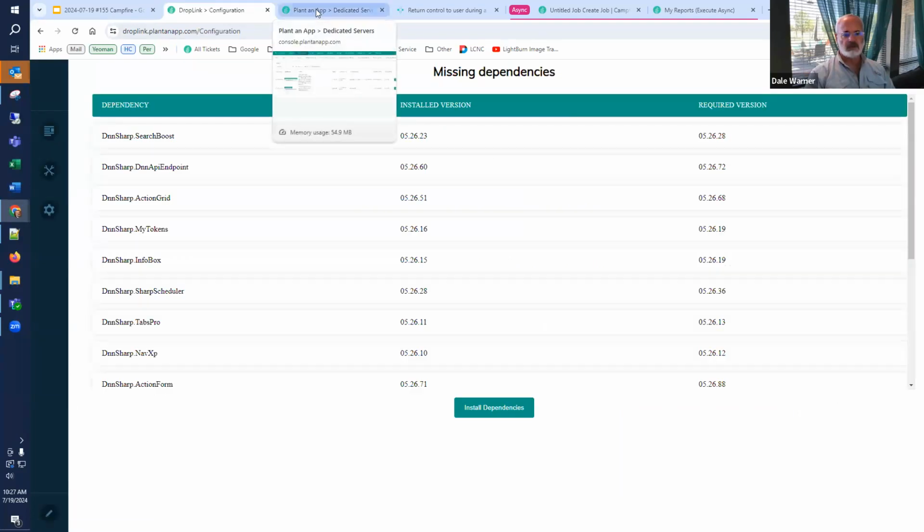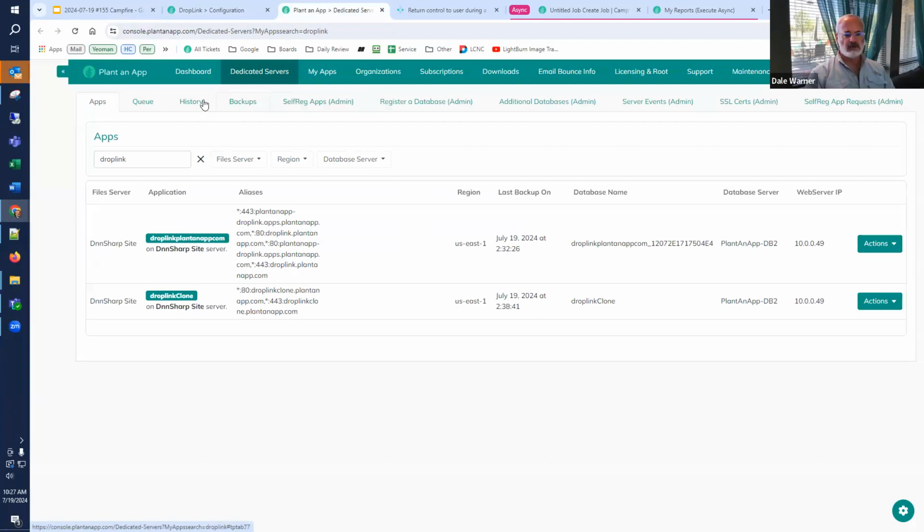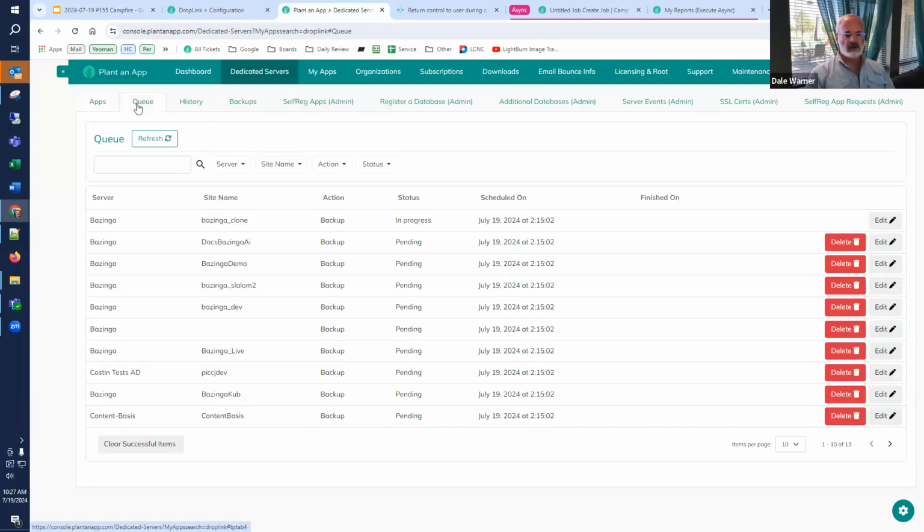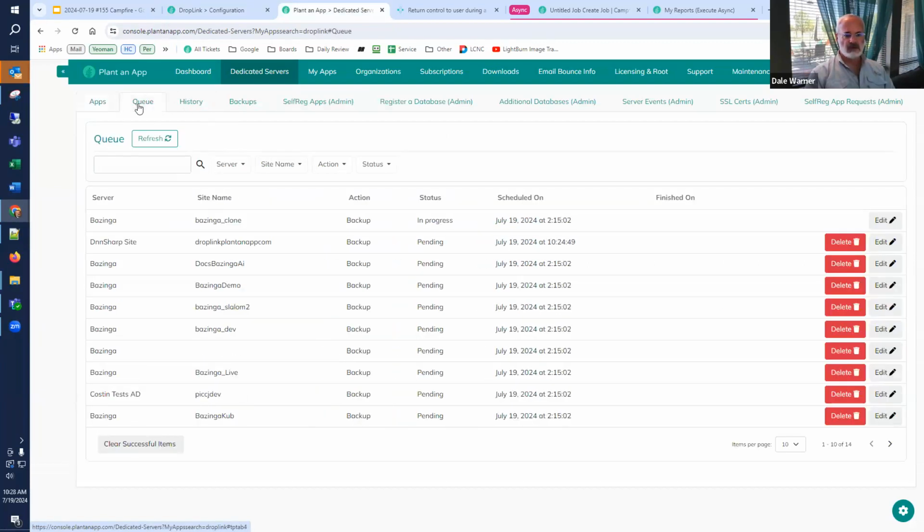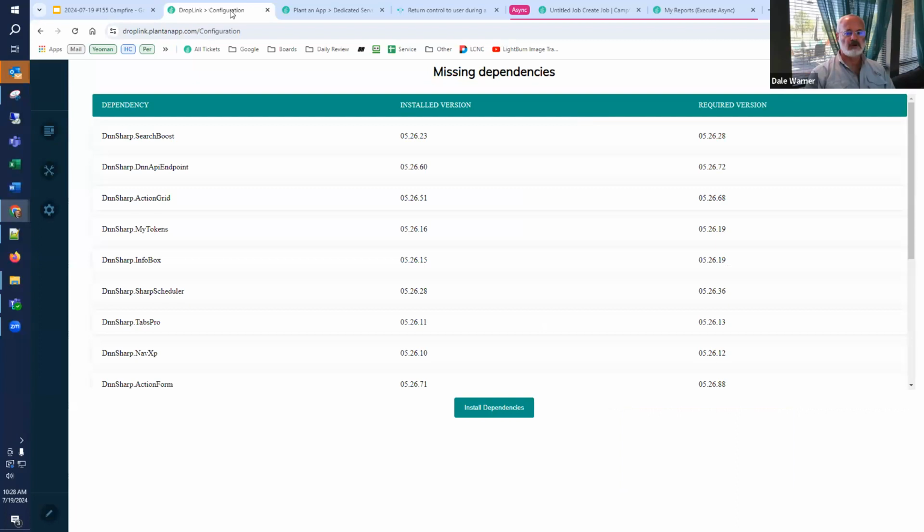So with a good backup, let's verify that the backup completed. I'm going to look at, oh, there's a bunch of other backups that were getting done here first. So I'm just going to pretend that it got done. I can actually recover the system if necessary. You just click install dependencies, and it's going to download all this stuff, and then install it all in one bulk.